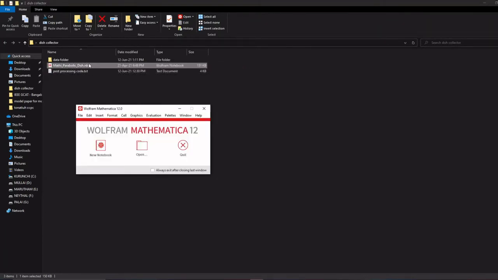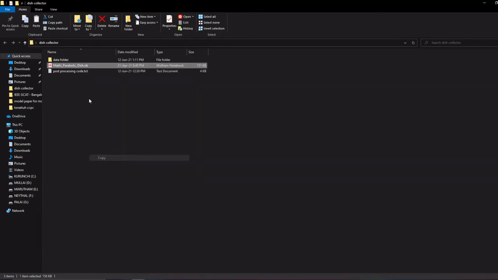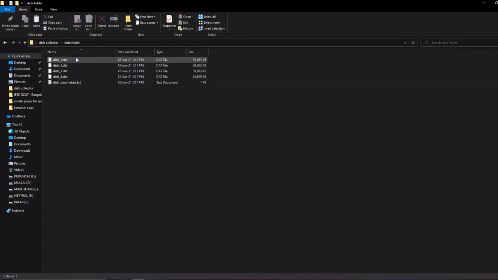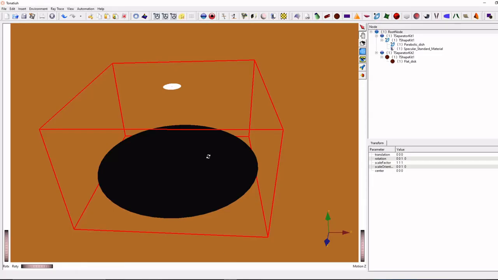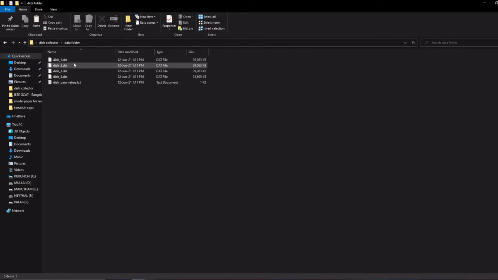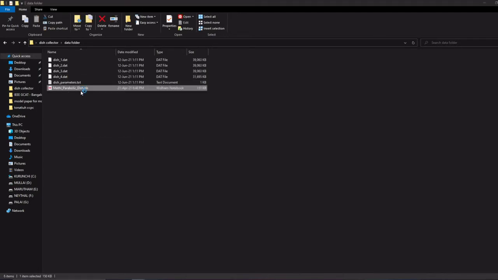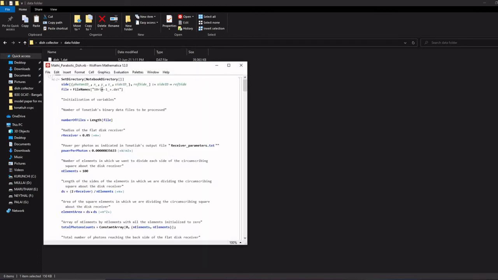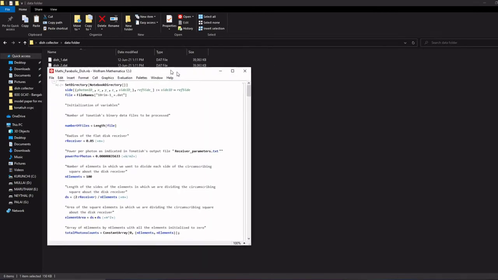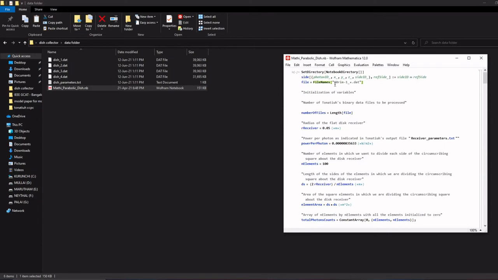Just select this file, locate where the files are saved. These are the files Tonatiuh has generated right now. You can see the .dat format and the .txt format. Now paste that into the Mathematica file, just open. You have to change the file name.